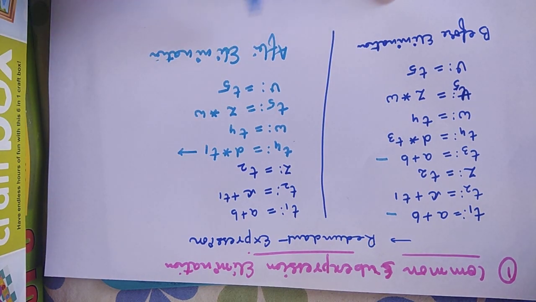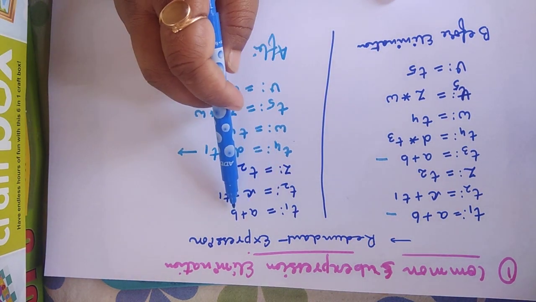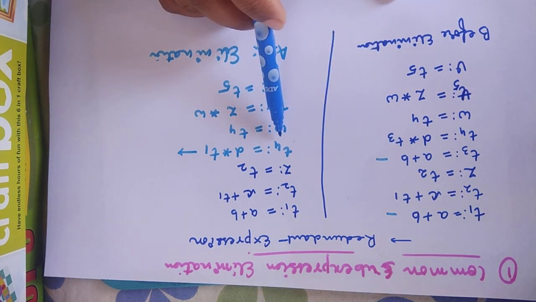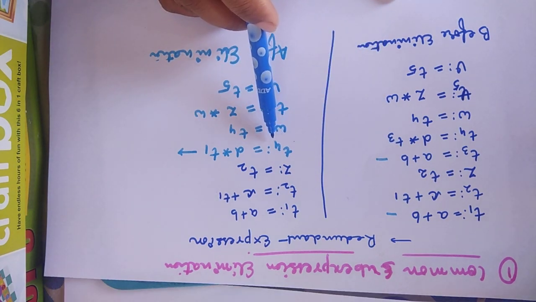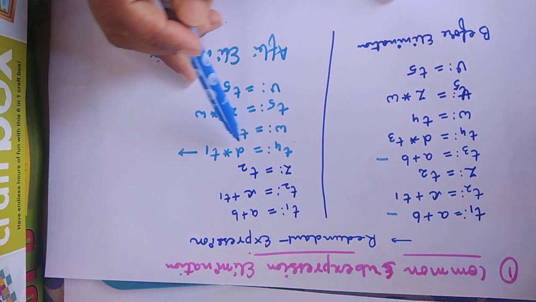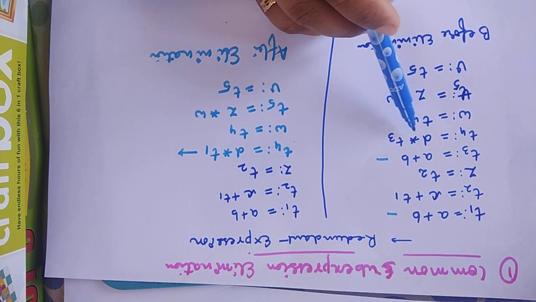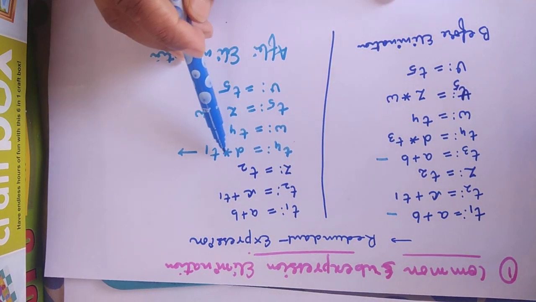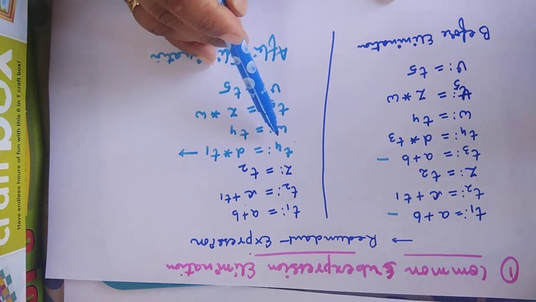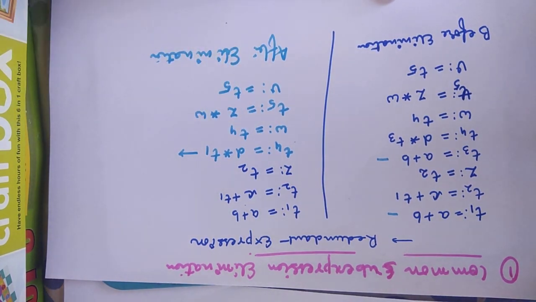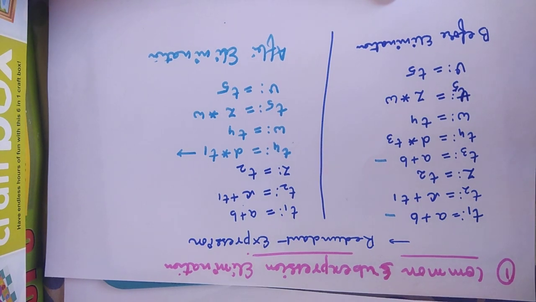So this is the code after elimination. T1 equals A plus B, and here we are not including the second computation. We directly compute T4 equals D into T1, where we earlier wrote D into T3. Since we already computed the value of A plus B in T1, we put T4 equals D into T1, and W equals T4. So this is your code after elimination, and in this way we can optimize our code.